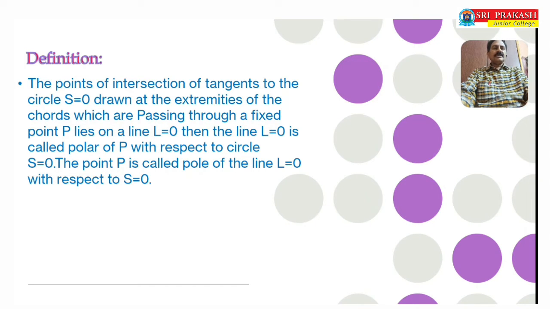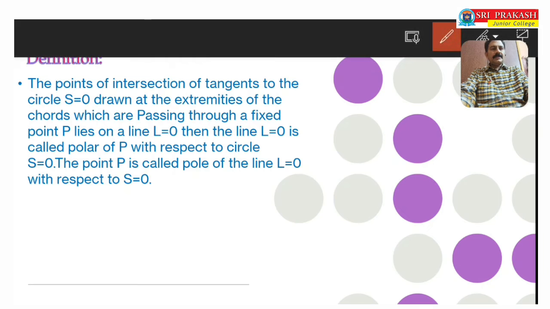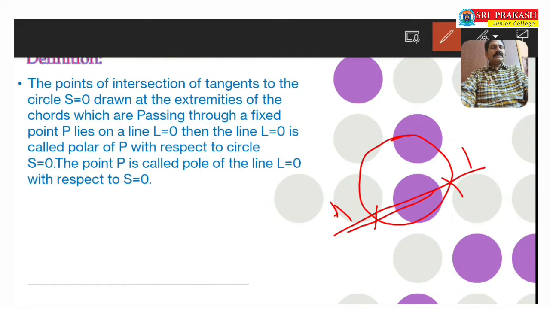The point of intersection of tangents to the circle drawn at the extremities of chords means, for example, take a circle. So this is one secant line. These are the extremities of the chord. Now what is given in the statement? The point of intersection of tangents drawn at the extremities. So draw the tangents at these extremities. They intersect at some point. Similarly, take some other chord